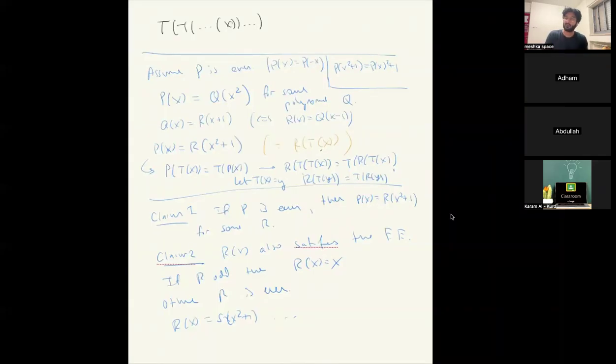And when we stop, we know it's an odd polynomial. And we know it's P of x equals x. Okay, and so then